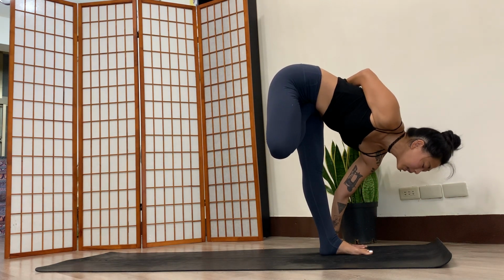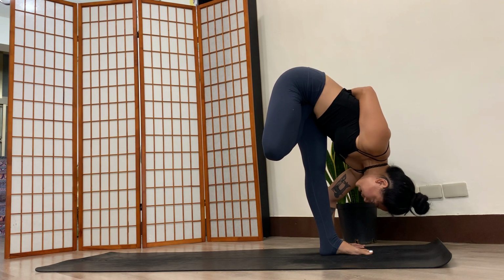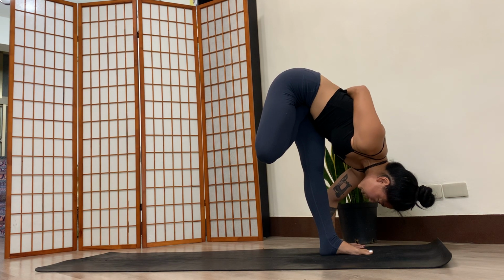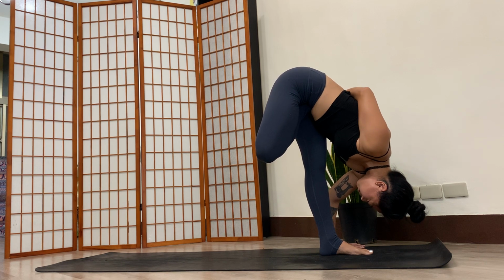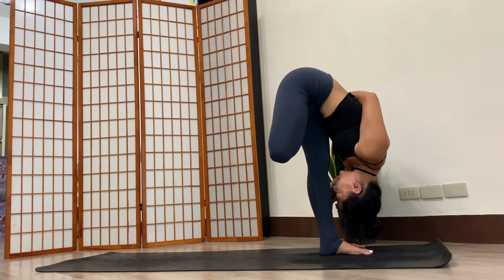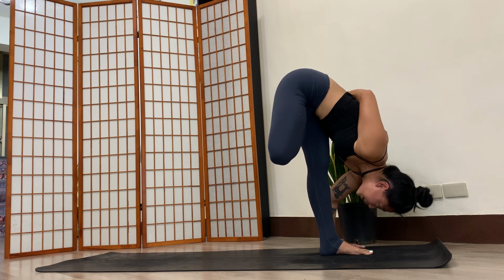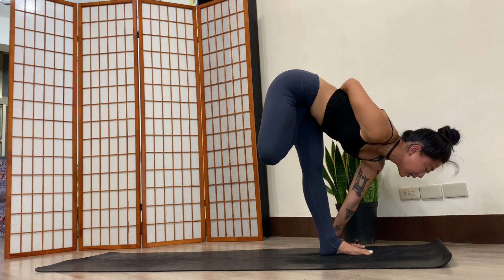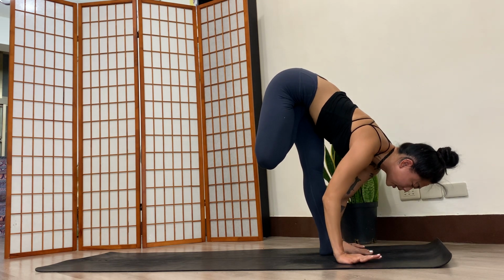to my left foot. Breathing here. But if the balance is tricky, it's okay to have both hands down. See if you can fold your chest closer towards that left leg. All right, take an inhale, look forward, lengthen your spine. Now exhale, if you still have that right foot, you can release it and place your right hand also on